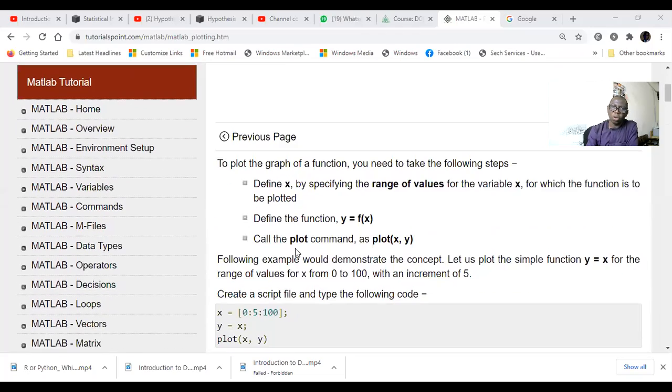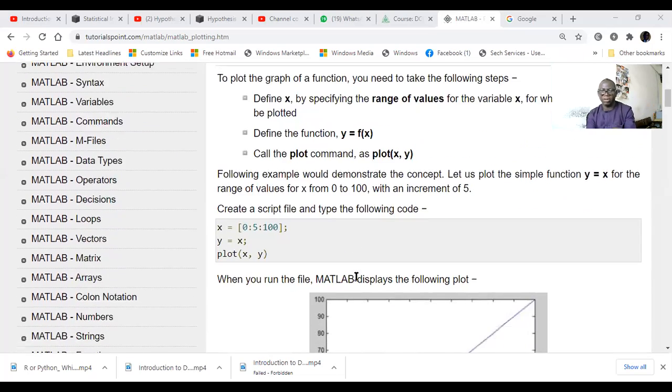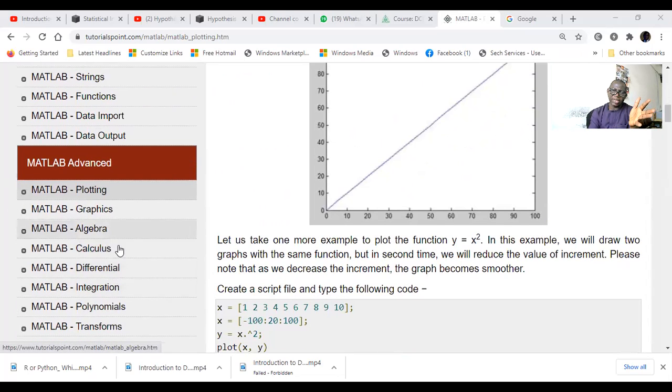Now I want to do a quick overview on plots. I want to do some review on plotting so that you can get some things about that. And after plotting, I also look at graphics, and then I also quickly look at a brief summary of all that we have done under symbolic computation,